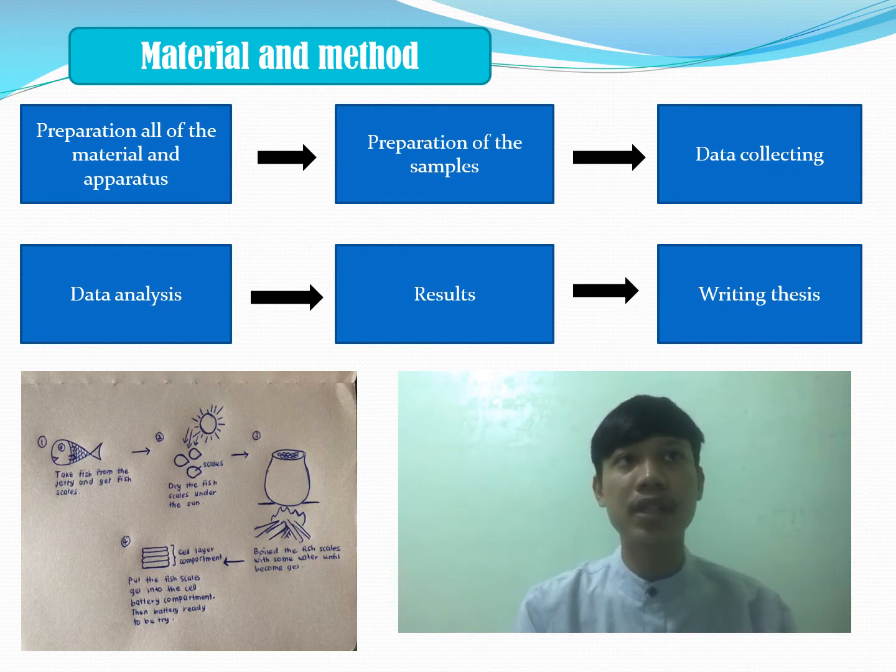Second, preparation of sample. Dry the fish skin, then blend it in the blender until it becomes a powder. Then boil it step by step with the first sample, which is 10 gram fish scales with 100 ml of water, and add 5 gram of agar and 10 ml of wastewater. Then proceed with the second and third sample, which is 30 gram and 50 gram fish scales with 30 ml